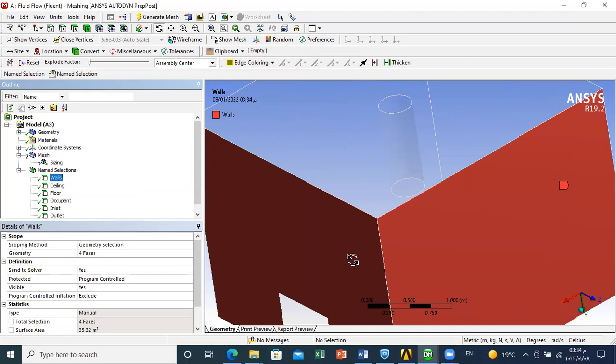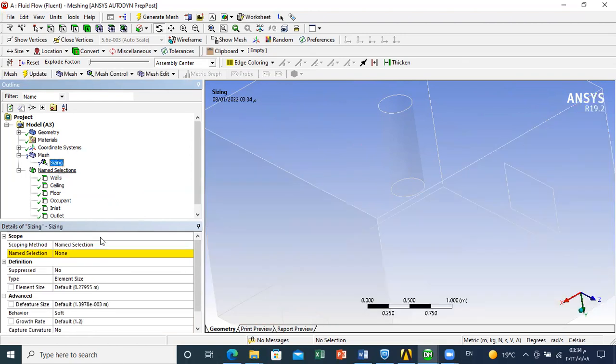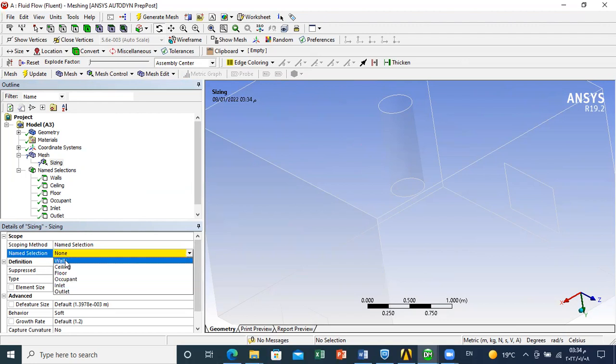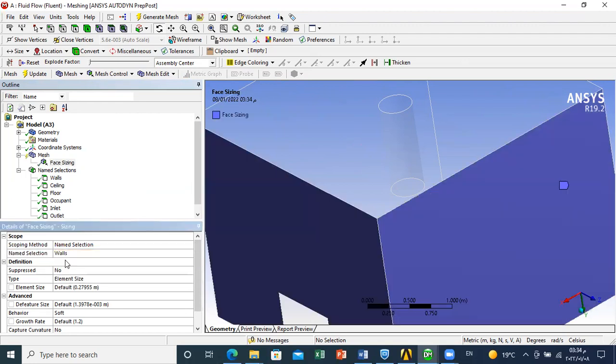So I want to size the walls. I want to impose a certain size. So what I will do then for the sizing is select walls here. And now I can specify the element size that I want. So I want to put the size needed. So here